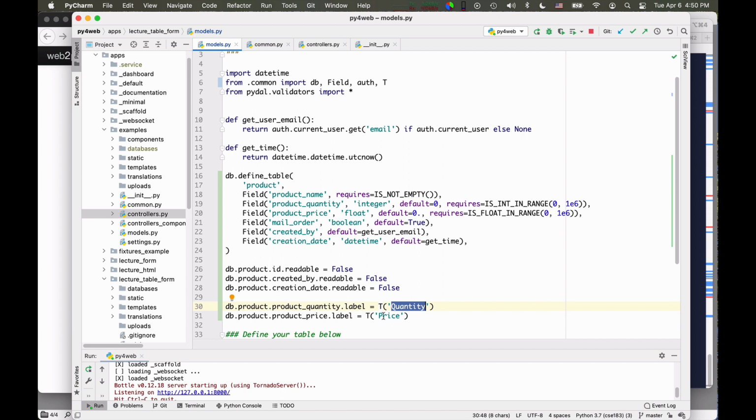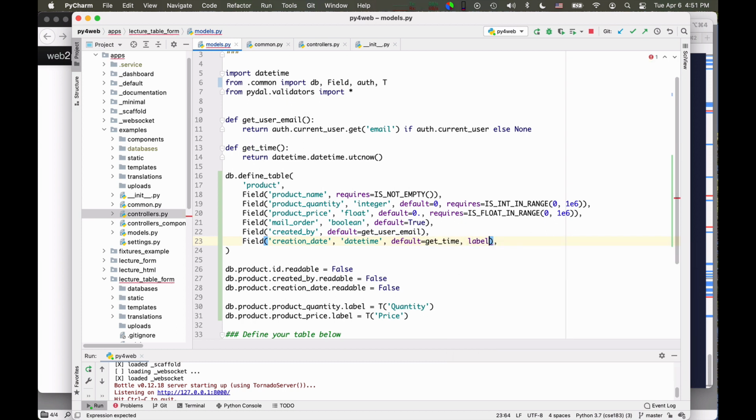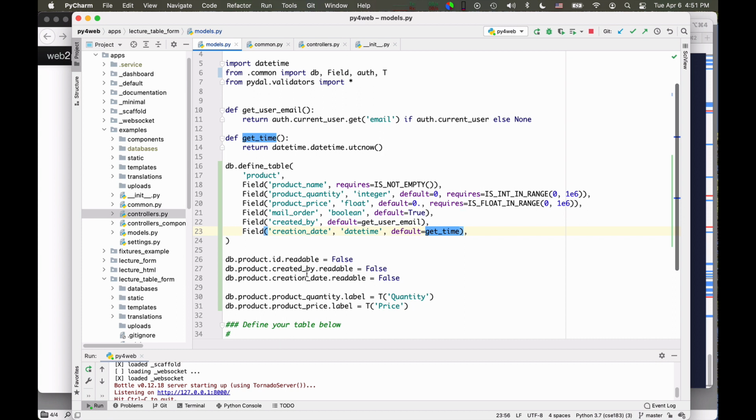And I wrote it this way, but of course again you could have written directly here what the label is, if you cared, okay? So this syntax of doing things directly in the field declaration or immediately afterwards are equivalent, and you use one or the other essentially for clarity. So this is how we can define a simple database table, and in the next lecture I wanted to develop the pages and forms in order to add data to it, and edit and visualize it and so on and so forth.